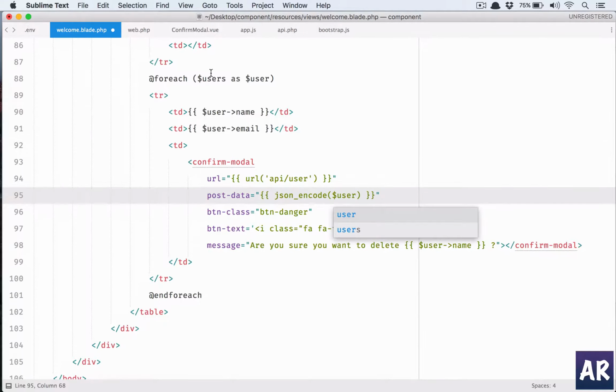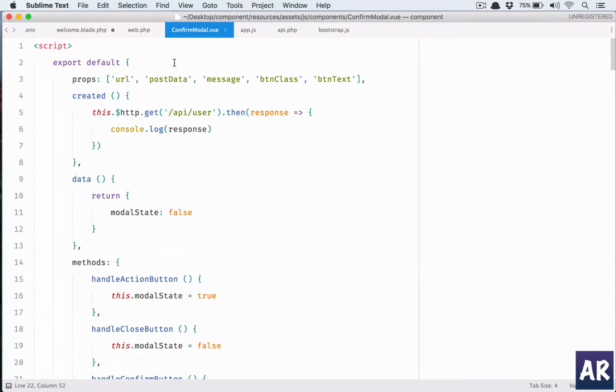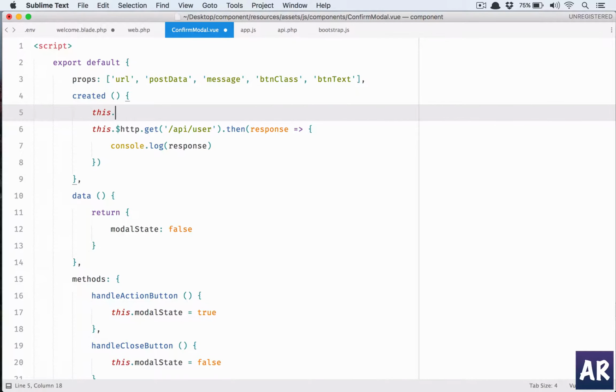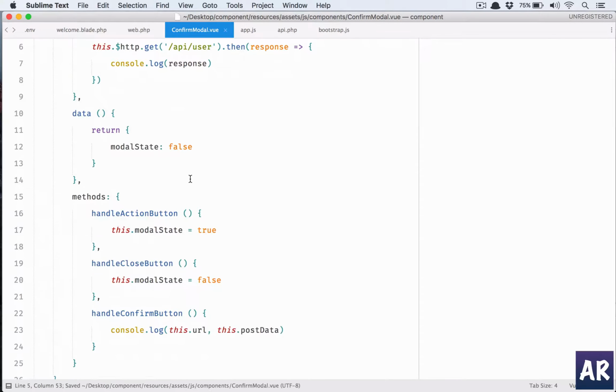But because we are doing that, we cannot directly use post data. So what we can do is, I think this dot post data equals json dot parse this dot post data. I think we should be able to get that. Let us see,